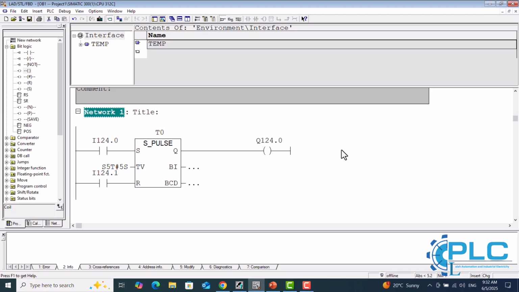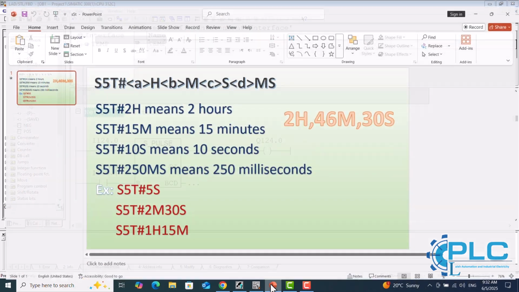Setting the time value TV, S5T format. The S5T format is used to define time values in Siemens S7 PLCs. This format helps the PLC understand how long a timer should run. The general structure looks like this. S5T#